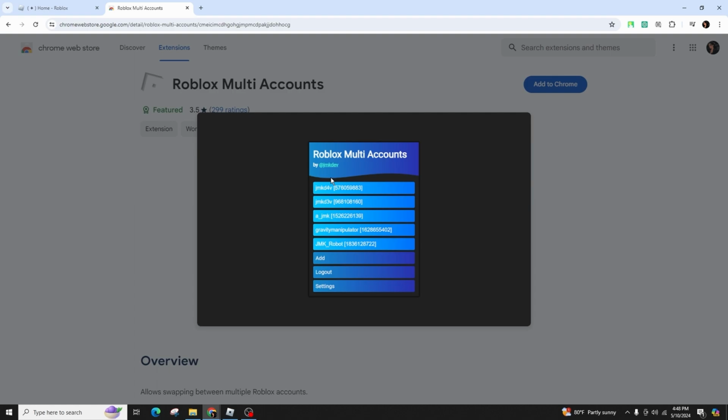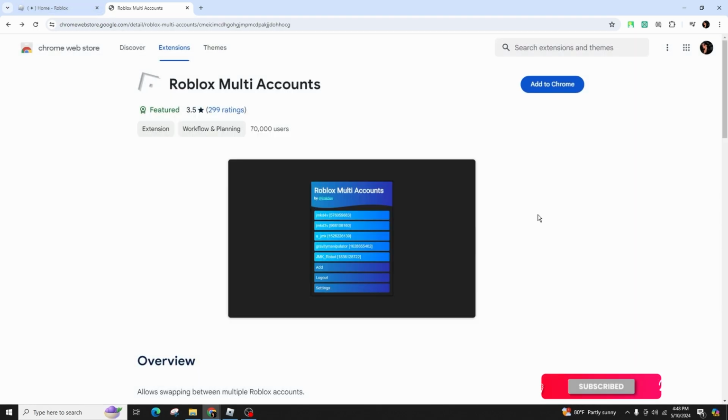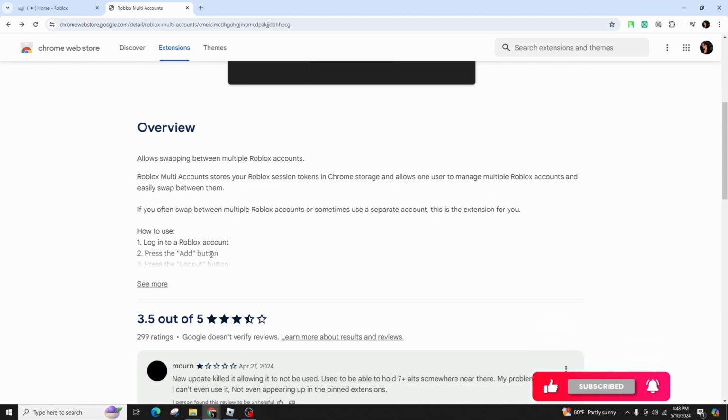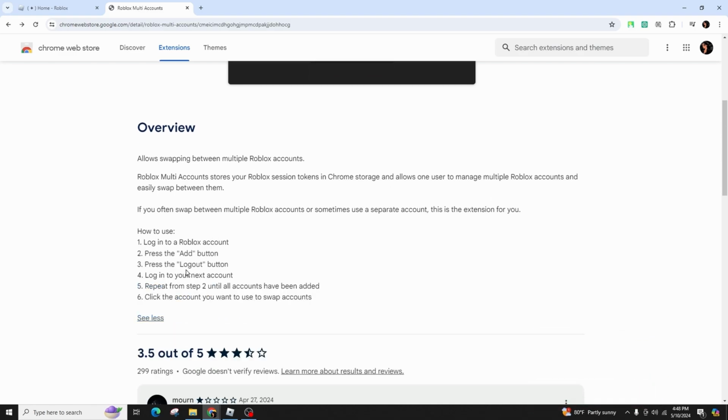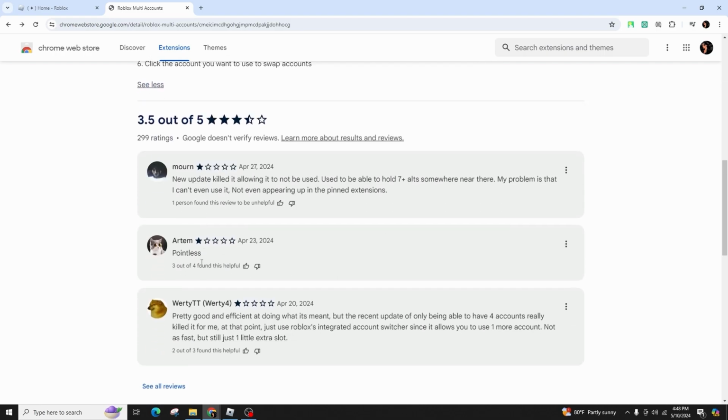Once the installation is completed, launch the extension to effortlessly log into multiple accounts simultaneously. You have the ability to efficiently manage the accounts, log out when necessary, and customize settings as required. Choose the specific account you wish to utilize with the extension, and I trust that this tutorial has been informative